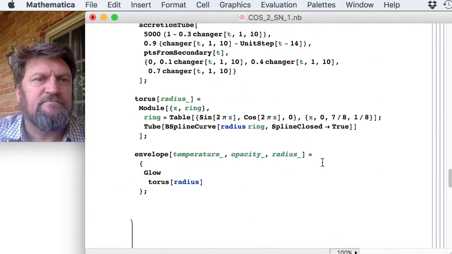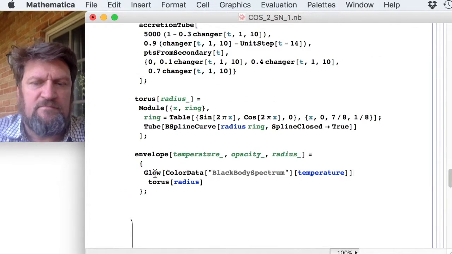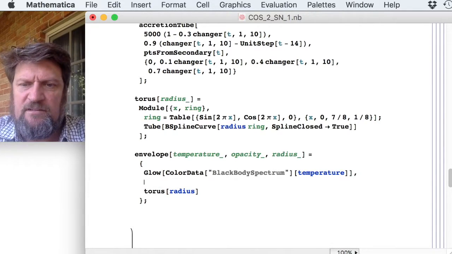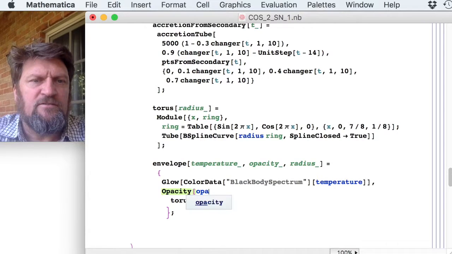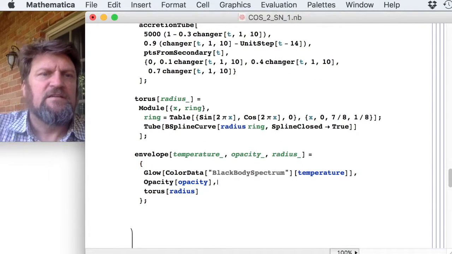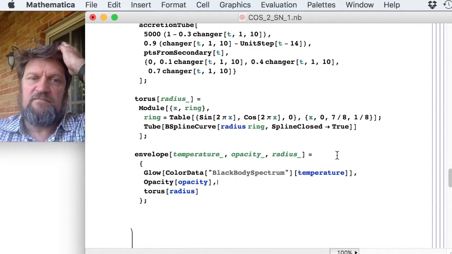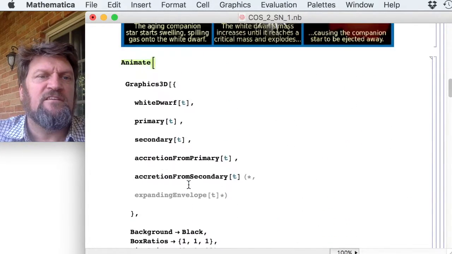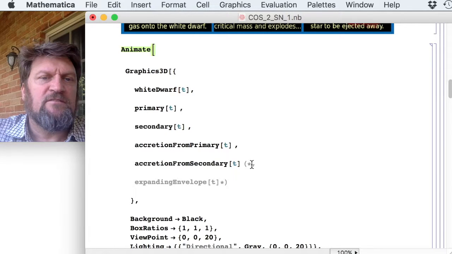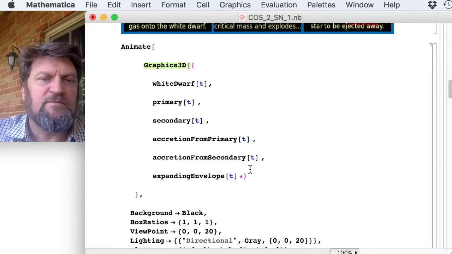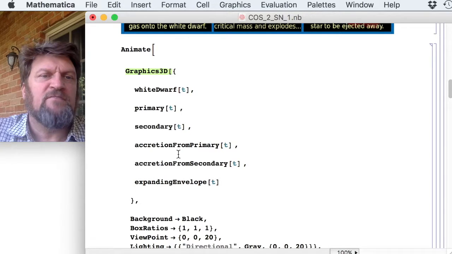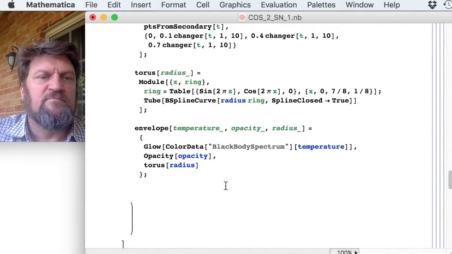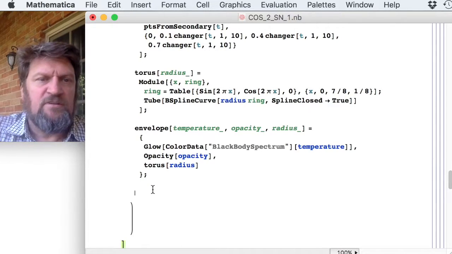Same thing. We want to give this a temperature, and we're going to give it some opacity. So that would in general define our envelope, but I just want an envelope that's a function of time. I'm going to turn that on in here. I could actually put the temperature and so forth up here, but just to be consistent with everything above, I'm just going to make it a function of time and define the envelope down here by calling it